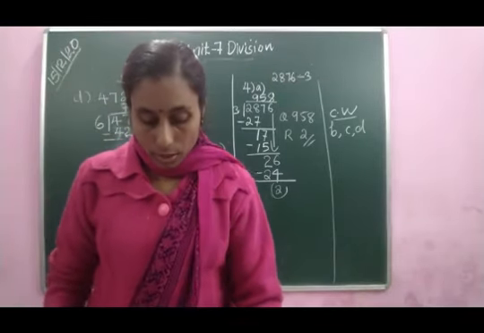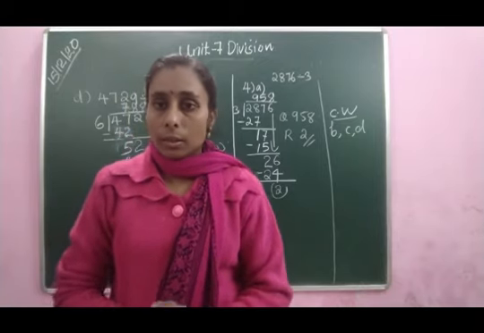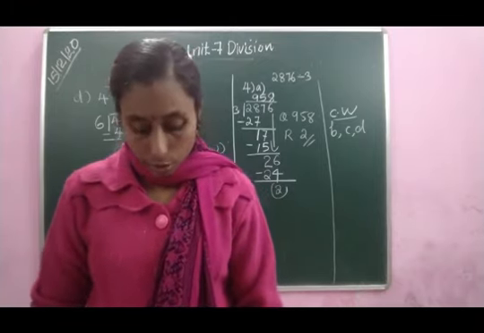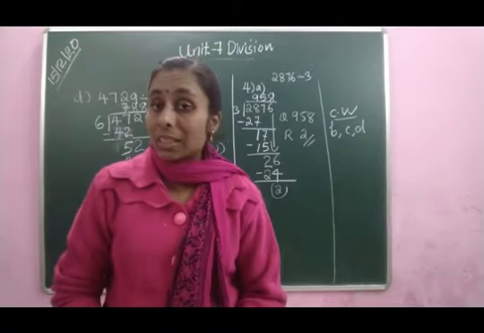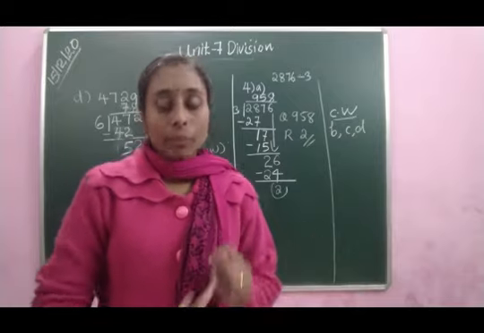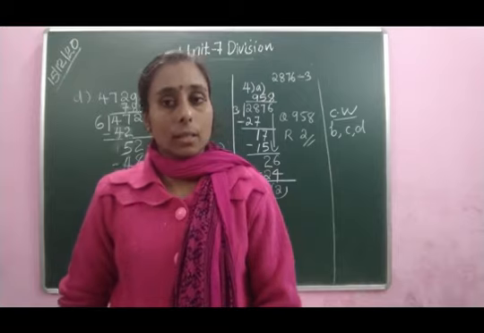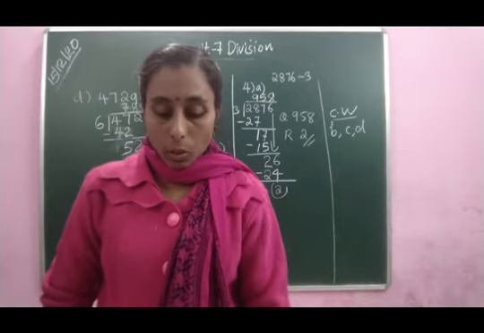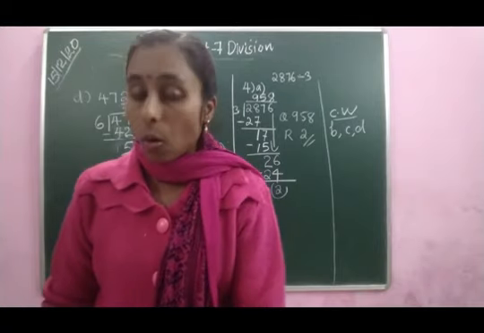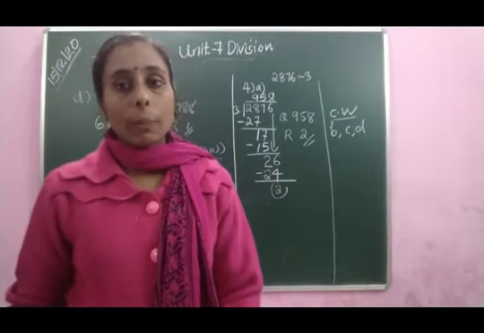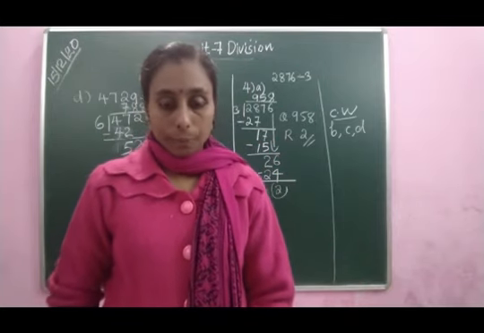Okay. Next, question numbers 5 and 6 we have cancelled from our syllabus. There is no need to do it. Already we have learned the same method. Question number 6, the same method we have learned in exercise 7.2. So there is no need to write it in your classwork copy, because this time we will get very little time. We cannot go through all the problems. Each and every problem we cannot go through, so we can cancel this problem.